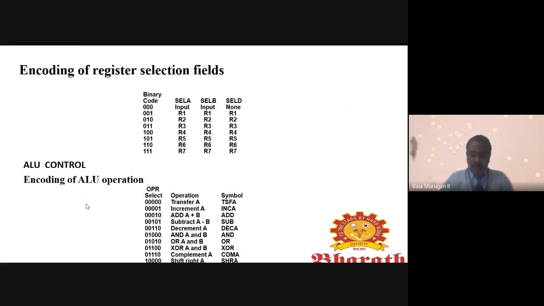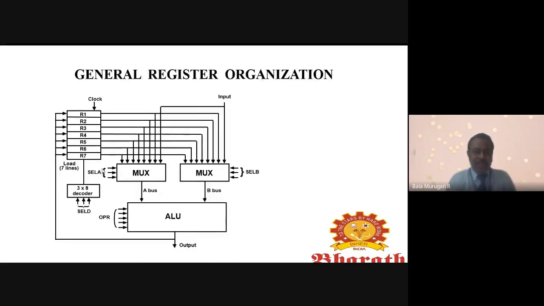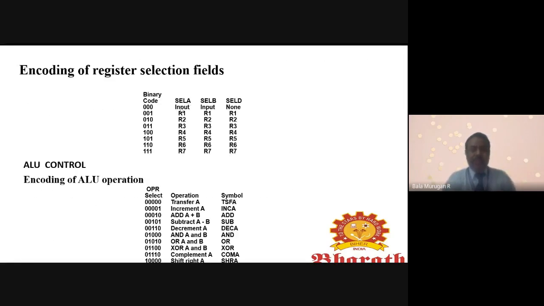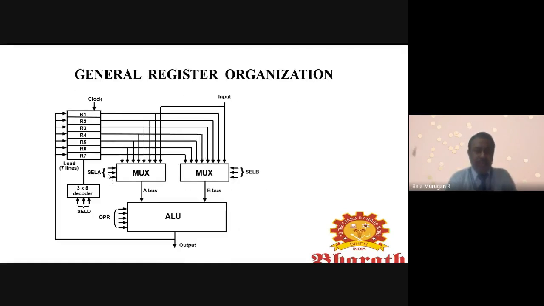First we send the binary code 000 to select A, select B and select D. With 000, in select A we give the input, in select B we give the input, and in select D we give none, meaning no information is given to the register for storing the data. Then we give another binary code, 001.